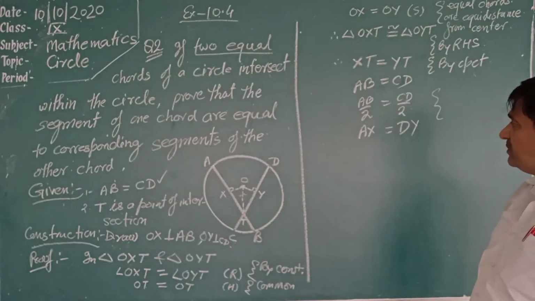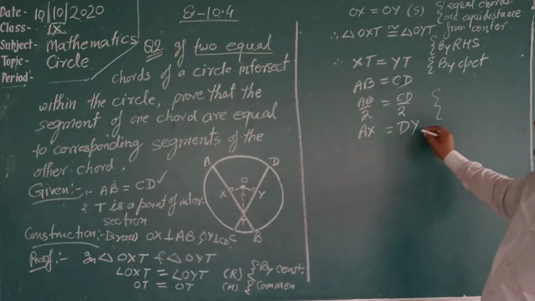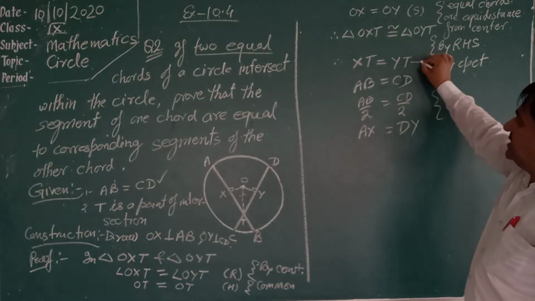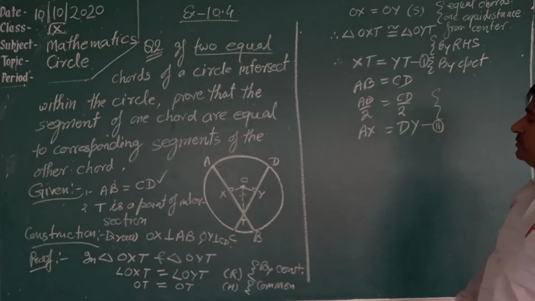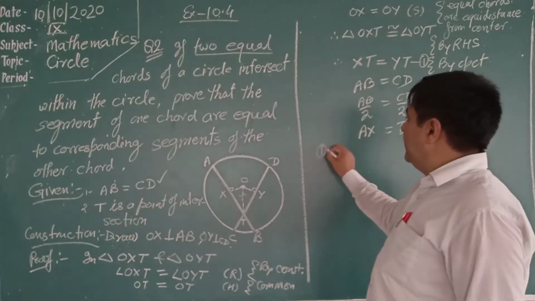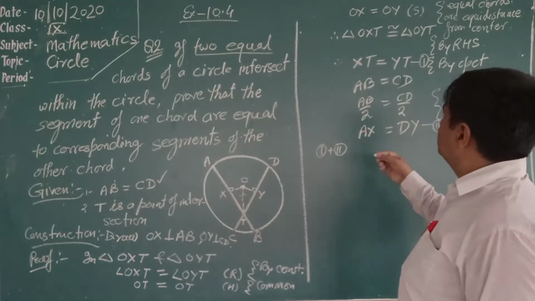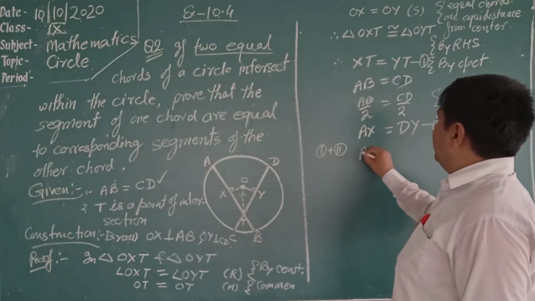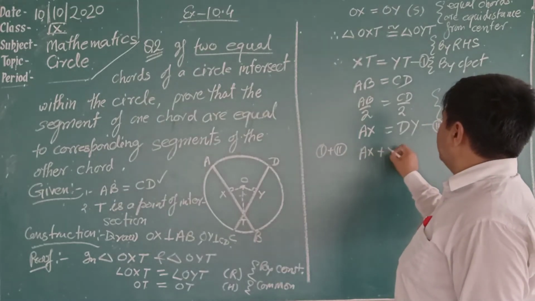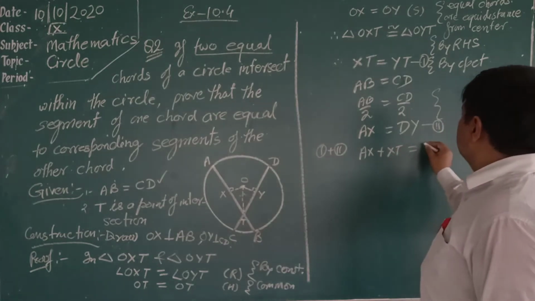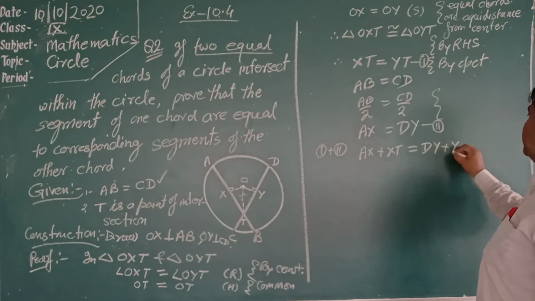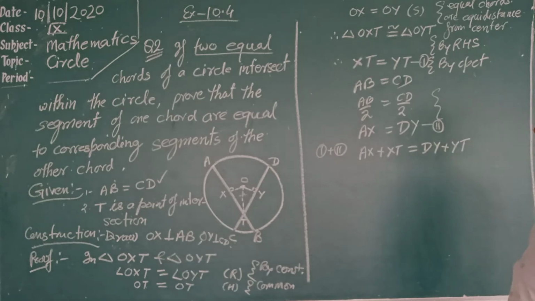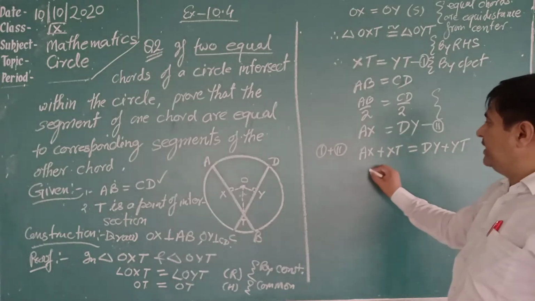Now suppose this is equation 1 and this is equation 2. Now adding 1 and 2, what do we write? AX plus XT is equal to DY plus YT. So now what do we write here? AD